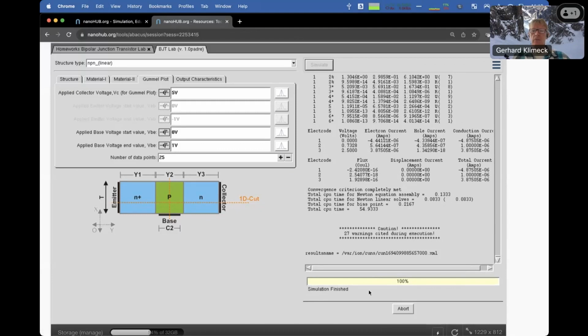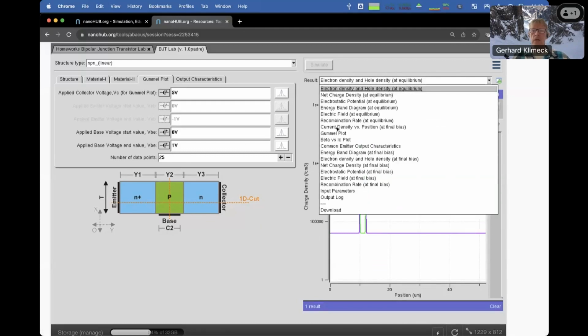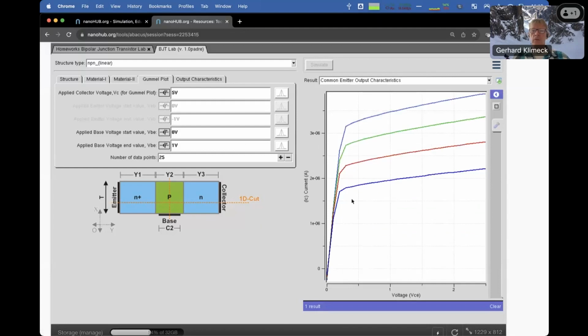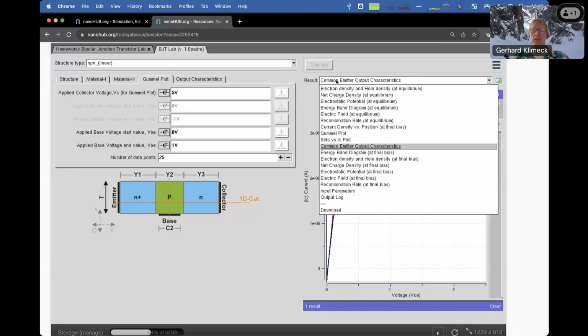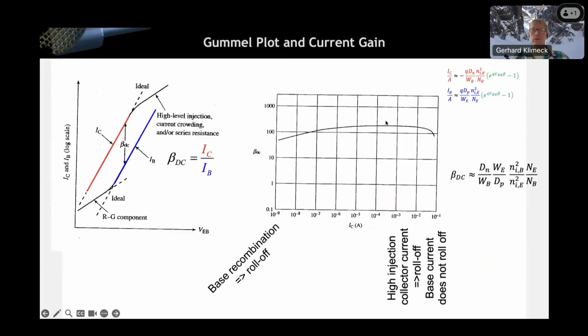And what do you get? So here you start out with an electron density and hole density. You end up with a common emitter output characteristic. So here's the collector current, and as you crank up the collector emitter bias, you see the typical characteristic. So now let's look at the Gummel plot here that we talked about. So this looks somewhat similar to this, right? But this is now for a more realistic device